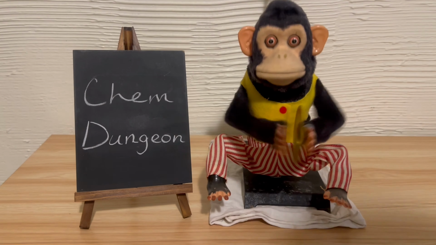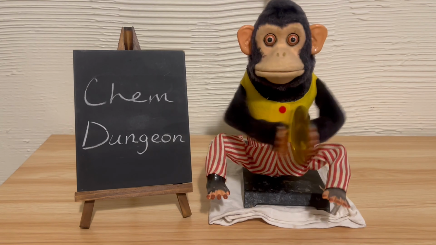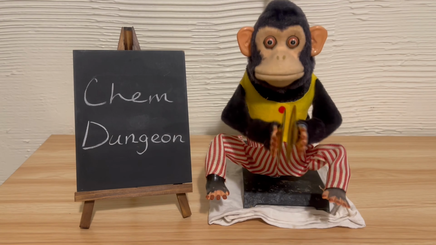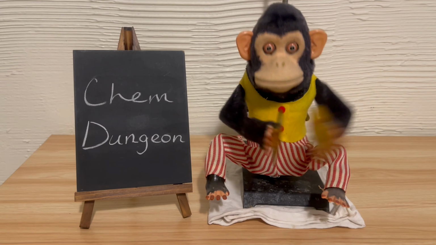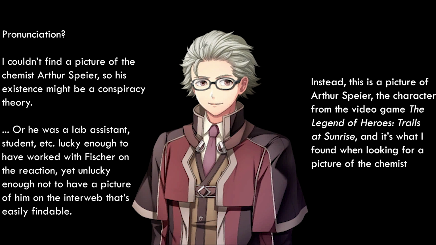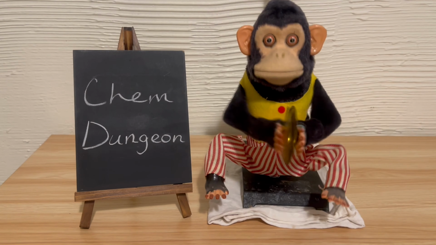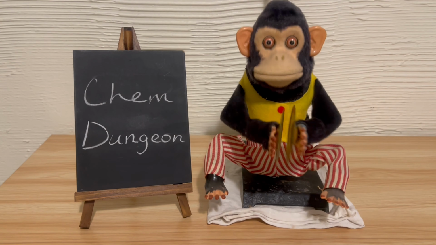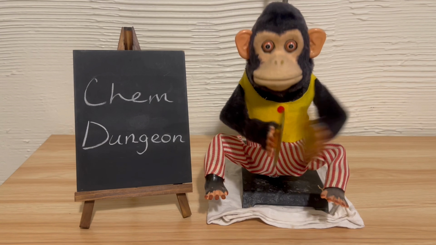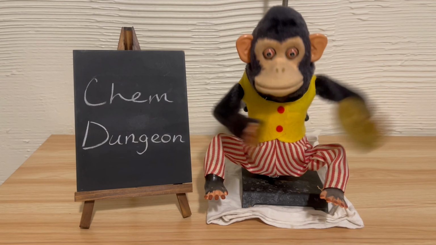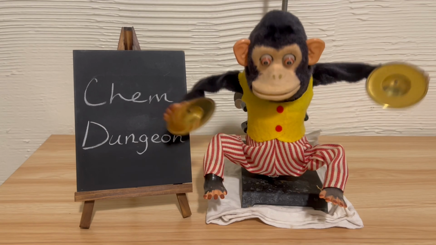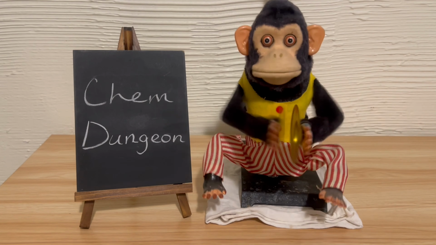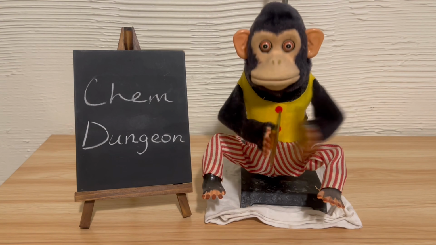I won't go into the Fischer esterification too much since there are a lot of other videos about it on YouTube. It was discovered in 1895 by Emil Fischer and Arthur Speier, and yes, that's the same Fischer that developed Fischer projections and did a whole bunch of other good chemistry stuff. The basic principle is you mix a carboxylic acid, an alcohol, a strong acid catalyst, sometimes a solvent, and reflux it. A large excess of the alcohol can be used to serve as the solvent instead, depending on a few factors,